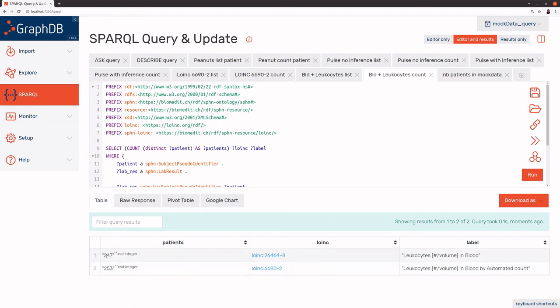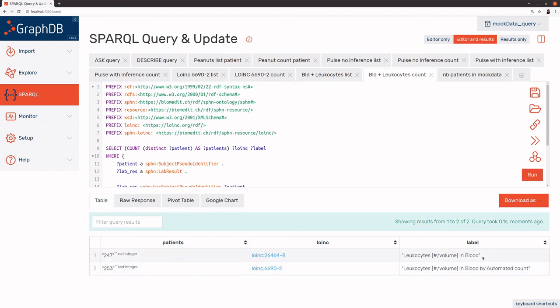So we have 247 patients that were annotated with having a test done which was measuring leukocytes in blood, and 253 patients had a test done which was measuring leukocytes in blood, but by automated count. So these are the subtle